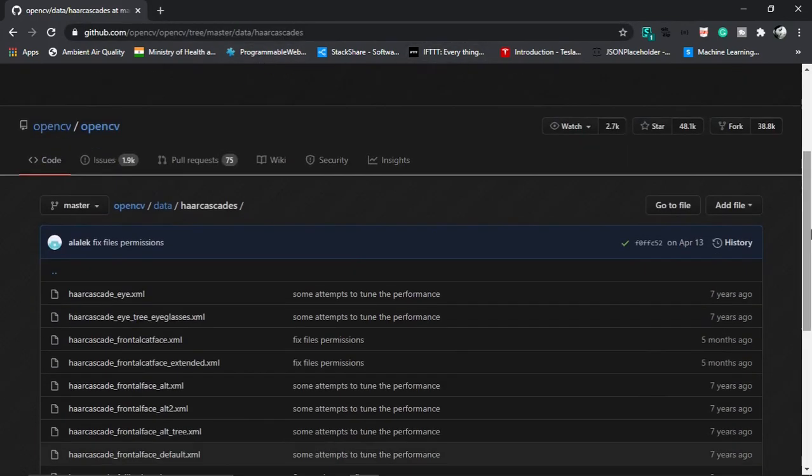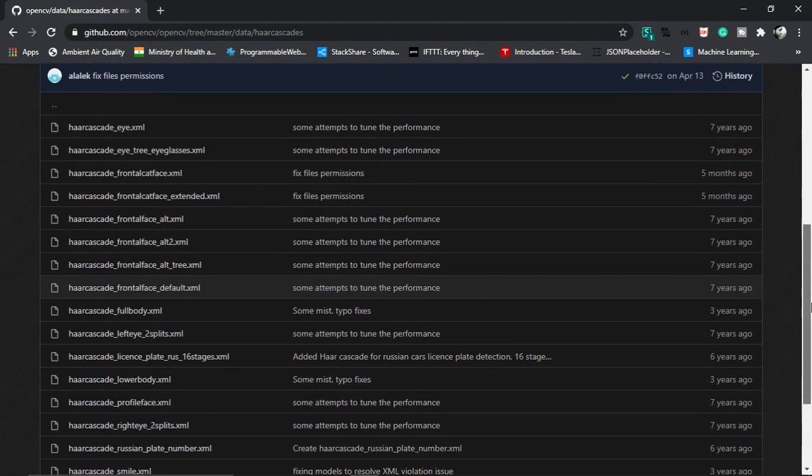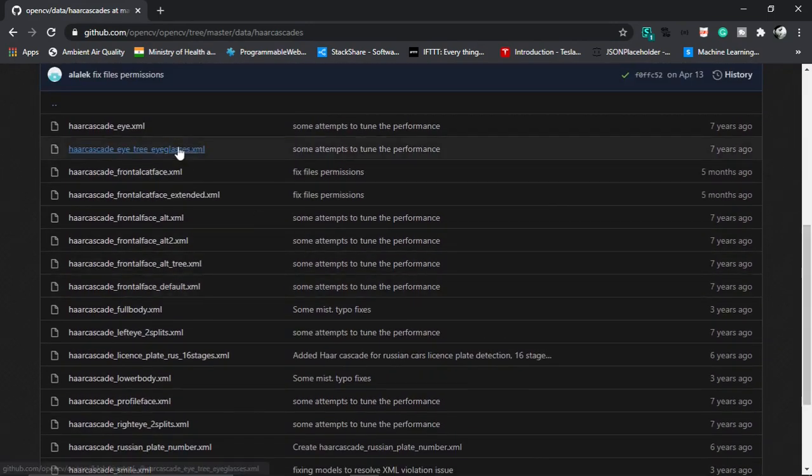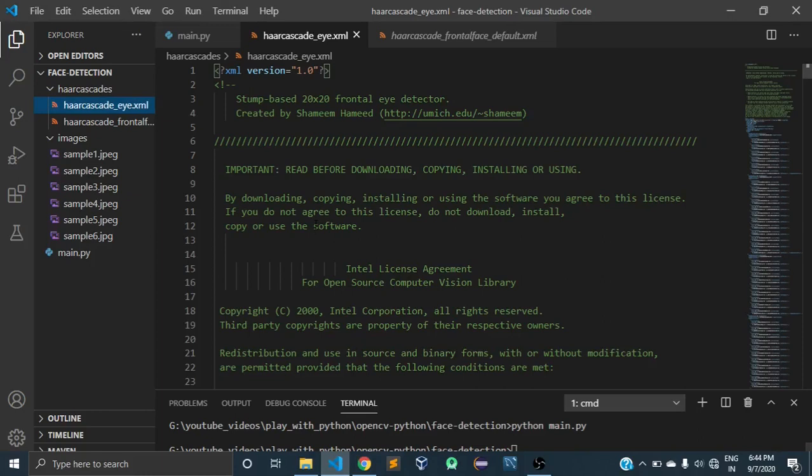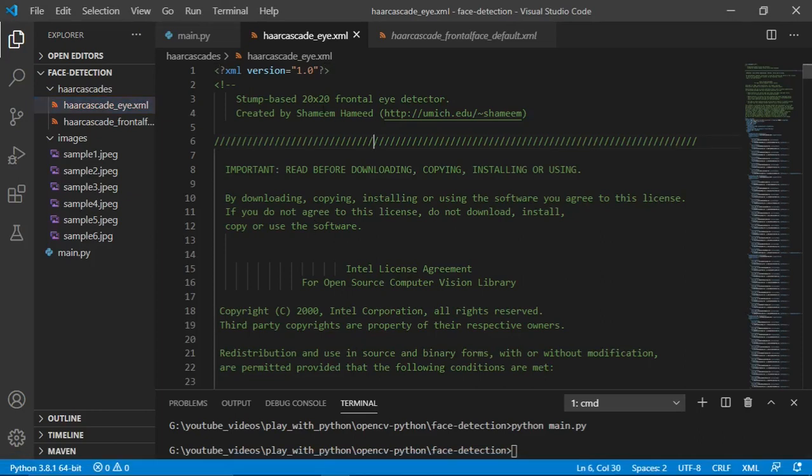You can visit this repo, and there are lots of them. I have taken this default one, but it has other ones like full body and lower body, so you can download them and play with them. The basic intuition is the same.